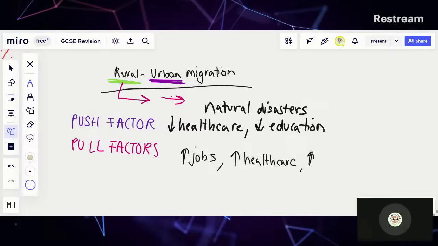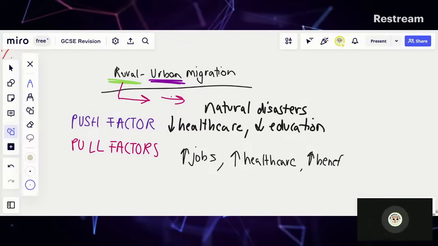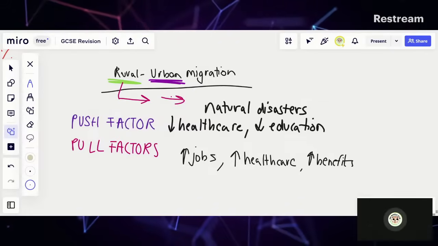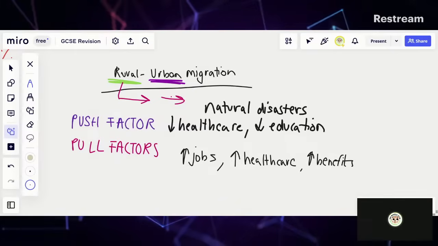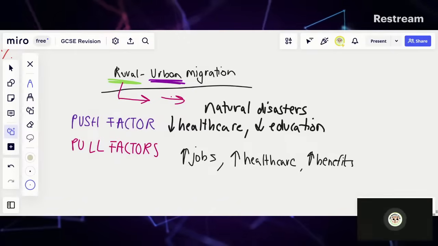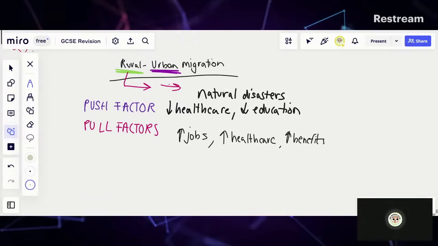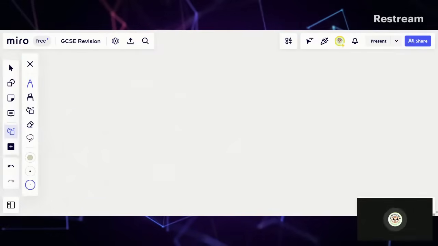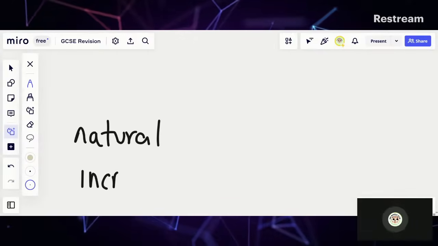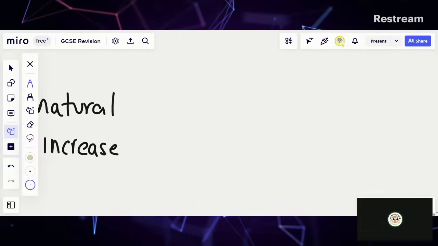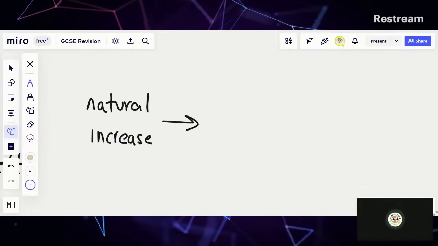There's also benefit schemes as well, which are not necessarily as put together in rural areas. Now, urbanization isn't just caused by rural to urban migration. Urbanization is also caused by another thing called natural increase. Now, natural increase is just when a naturally younger population